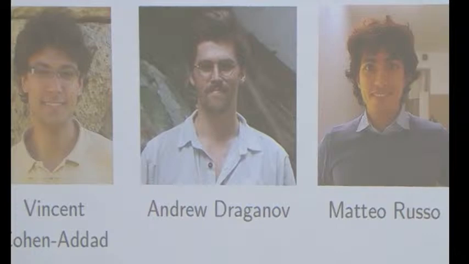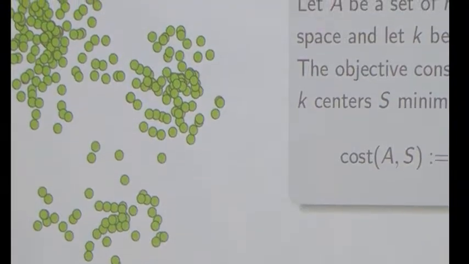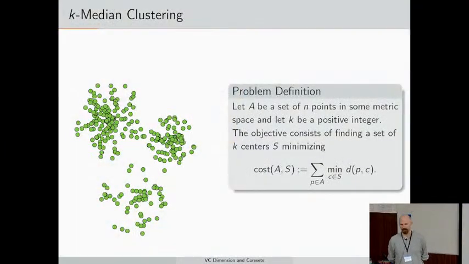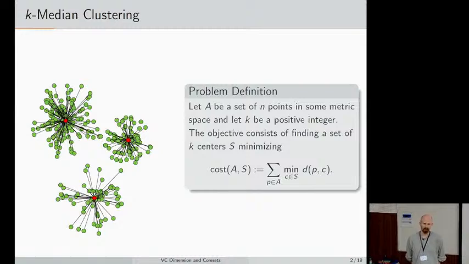So to understand what the open problem even is, and then towards the end we'll get a little bit to the actual solution of it. The problem that we're going to look at today is a clustering problem, k-median clustering specifically. We're given points in some metric space. I'll say a little more later about what type of metric space, but for now just assume it's a metric space. You want to find k centers such that the sum of distances of every point to its closest center is minimized.